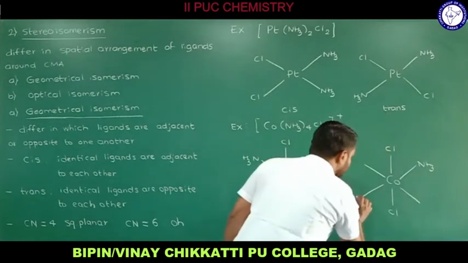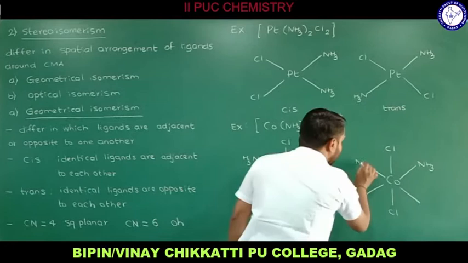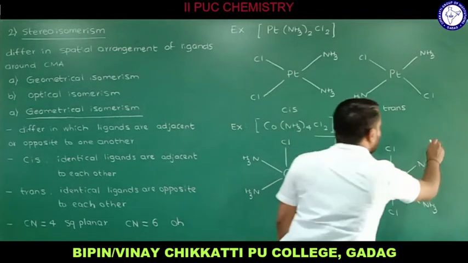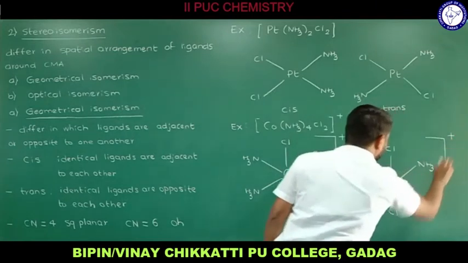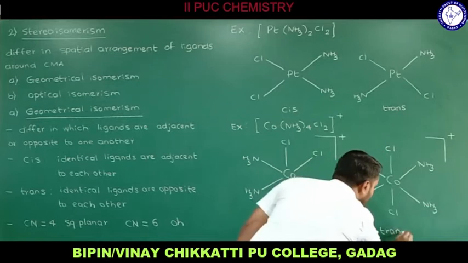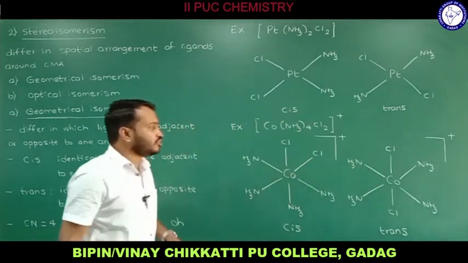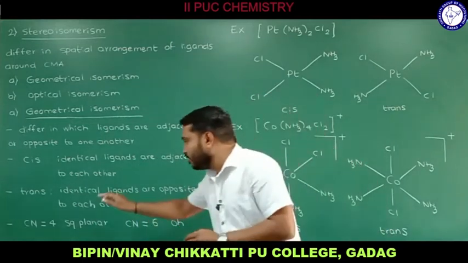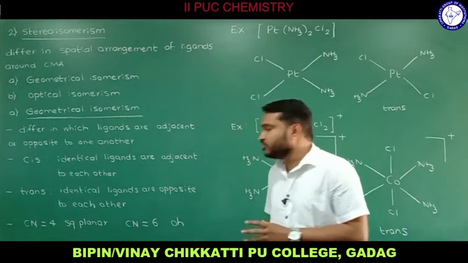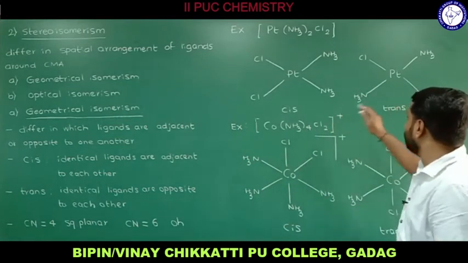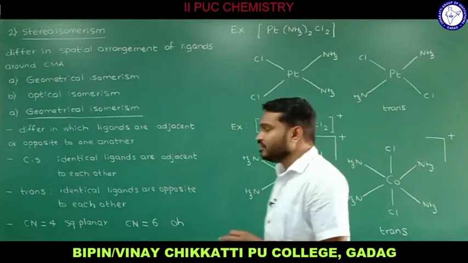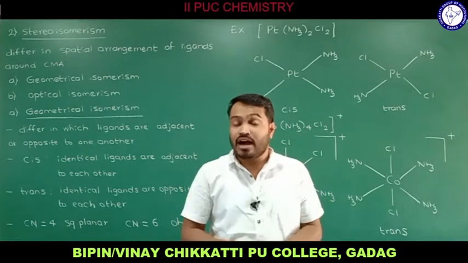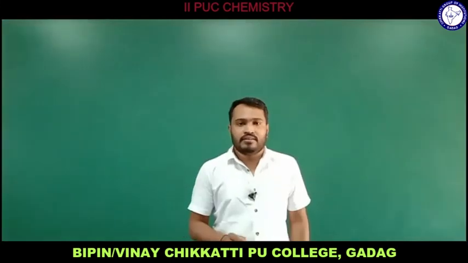So this is NH3 and this is NH3, that is also trans, and here also NH3 I will write, and here also NH3 I will write, and this is a charged species. Therefore in this fashion I will write plus. Since the identical ligands are opposite to each other, I am writing the trans configuration. So this is how, for geometrical isomerism, whether it has coordination number 4 or coordination number 6, we are supposed to draw the cis isomer and trans isomer in this fashion. Remember, in a cis isomer, identical ligands are adjacent to each other, whereas in a trans isomer, identical ligands are opposite to each other. Example number 3.